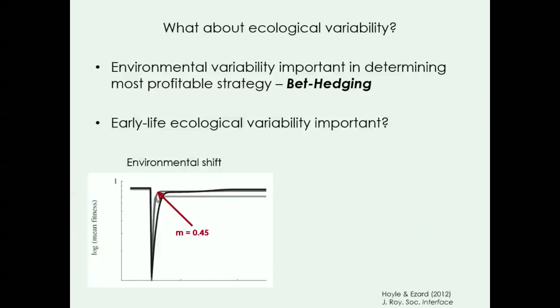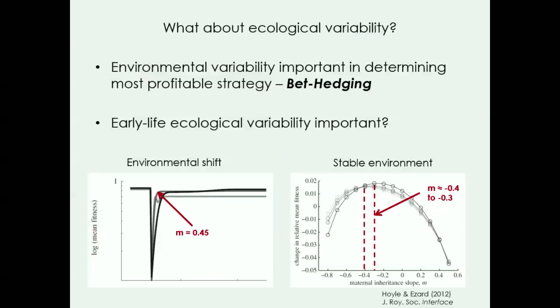So in this example, they simulated an environmental shift where the optimal mean phenotype shifted, and found that a moderately positive correlation between mother and offspring allowed the population to reach the optimum phenotype more quickly. And the scale on here is thousands of generations, so even though it looks quite small, that's actually quite an important difference from the black line, which is when there's no maternal effect. In contrast, when the environment is stable but varying around some mean, then this favours a negative correlation between mother and offspring. So this is some sort of stabilising effect.